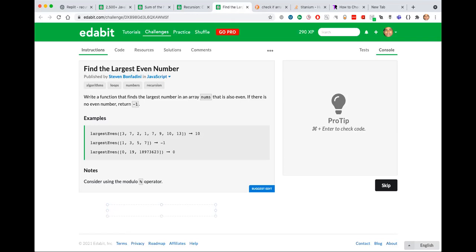Let's say we are concerned about the first element, right? So first element, let's pick it up, like we can say array 0, right?